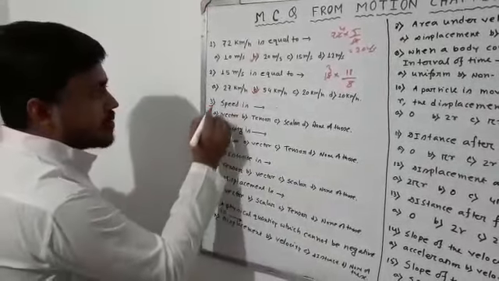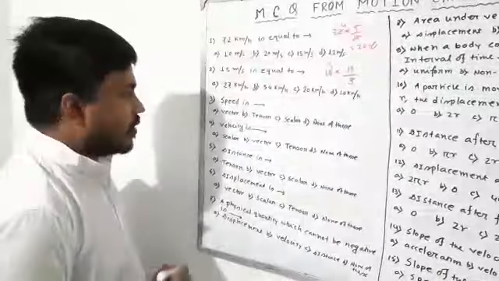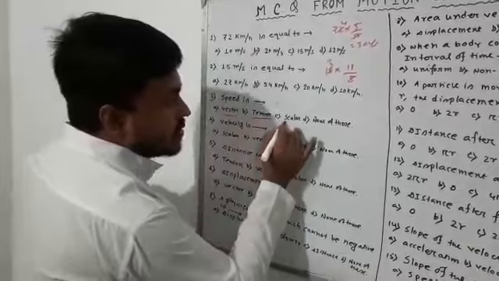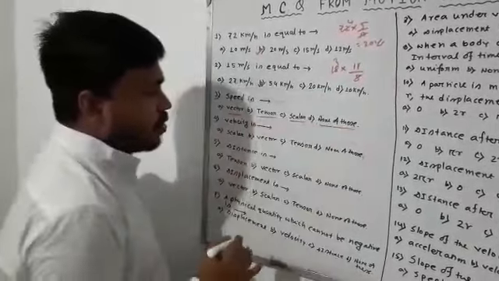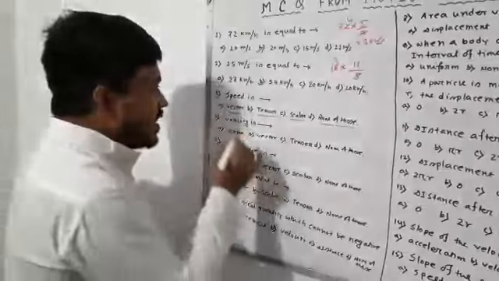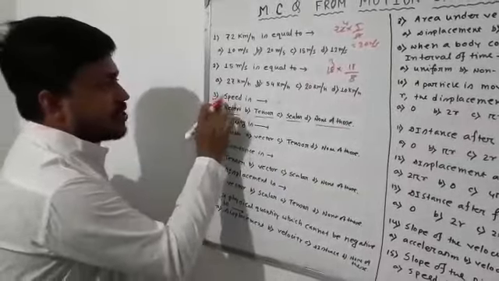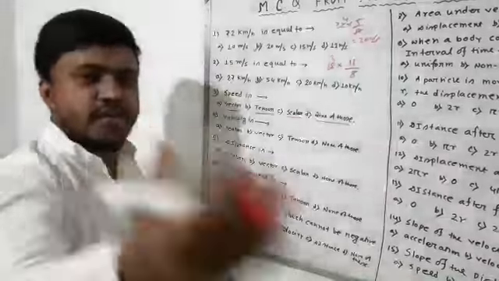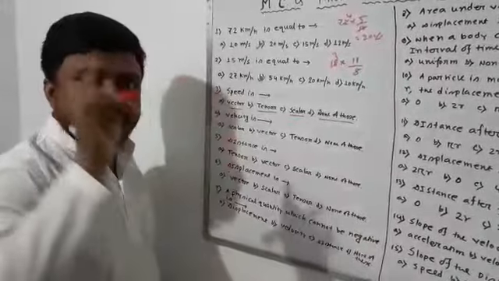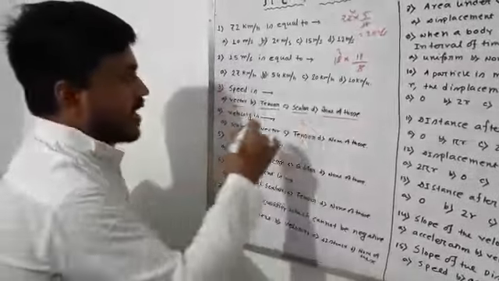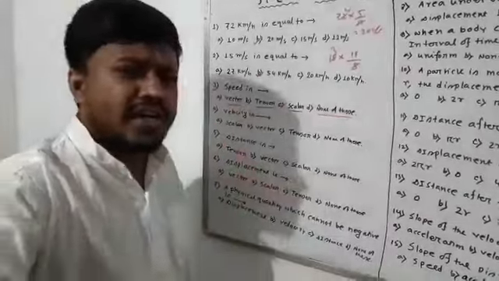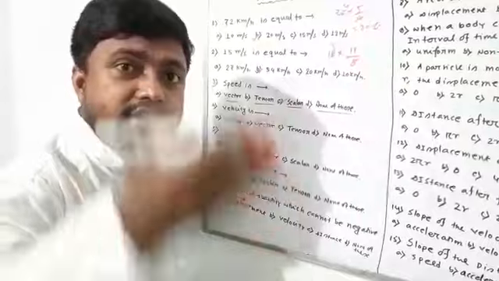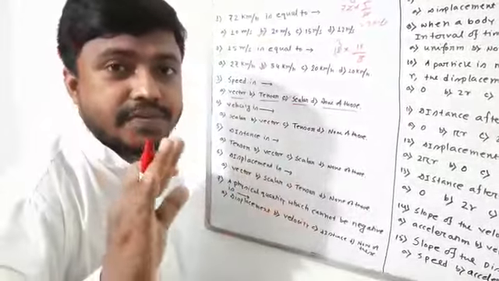Now students, question number 3. Speed is what? Vector quantity, tensor quantity, scalar quantity, or none of these. Don't worry. Since the starting letter of speed is S, S means scalar quantity. Without any hesitation you give the answer. We don't need to know the reason behind this. This is just the trick for how you can solve these types of questions within a fraction of a second.